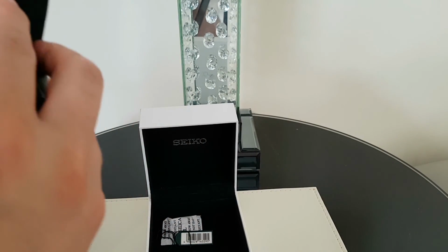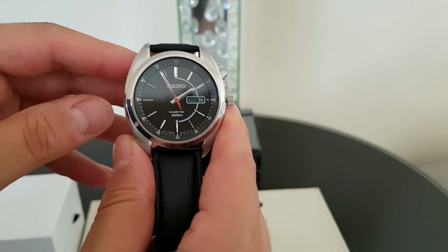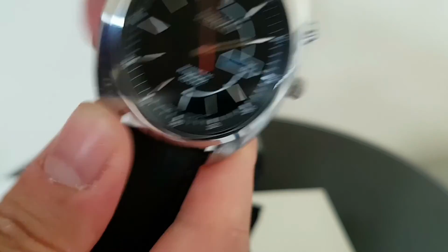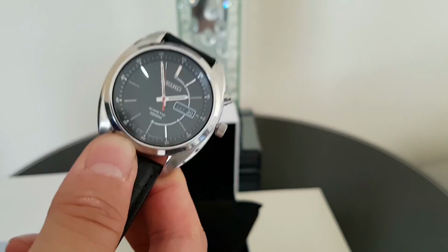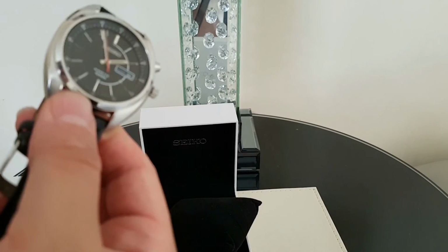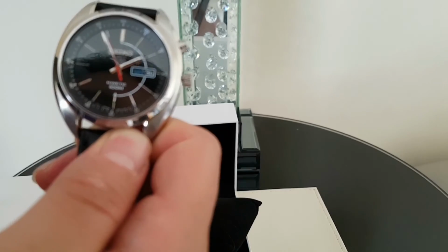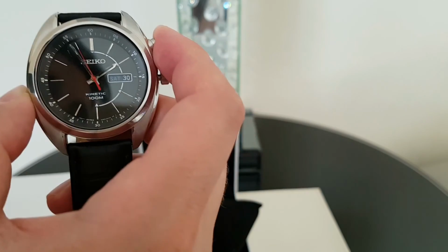The Kinetic watches, they all work the same, okay? But for those of you that didn't watch the last video, the way this Seiko Kinetic watch works is that if you listen to this, don't know if you can hear it, that's the internal rotor of the watch, just like you get on an automatic watch. But this watch charges the cell, so the more movement you have, the more charge you have on the watch, okay? Now, this watch has got a really nice feature that if you press the top button there,